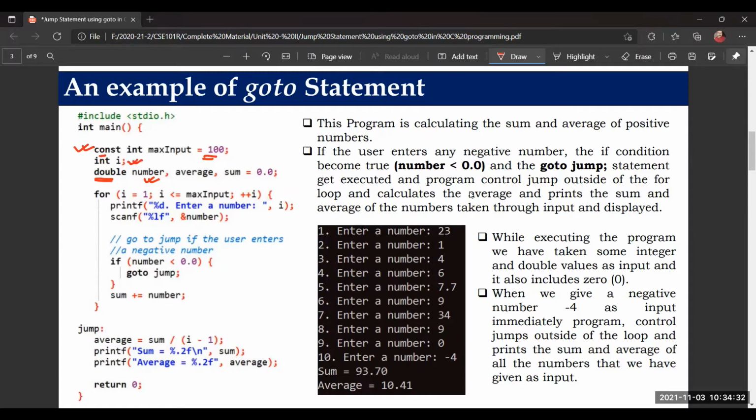Okay, so next, what do we want to calculate? We want to calculate the average of the numbers that we're going to give as inputs. So we're going to give more than one number as input. Fine. So maximum how many numbers can we give as input? 100. So let us check. Here I have taken a loop. You can also find the lectures on loops later in this playlist. A loop is normally preferred so that a similar set of statements can be repeated for more executions. So I'm going to take input more than once.